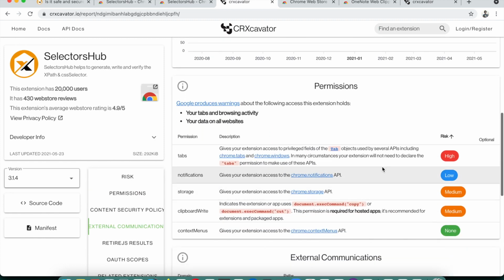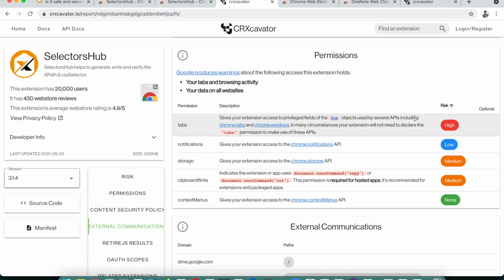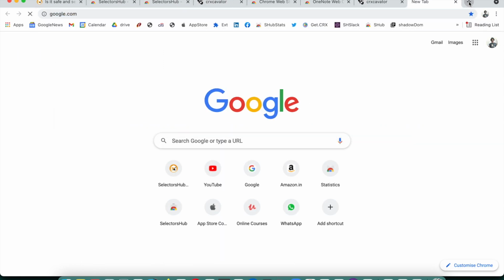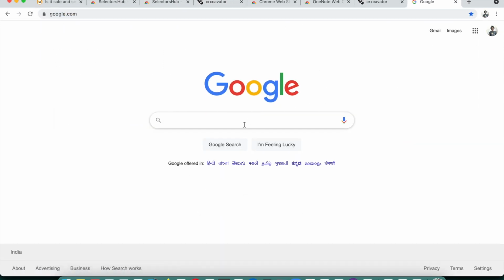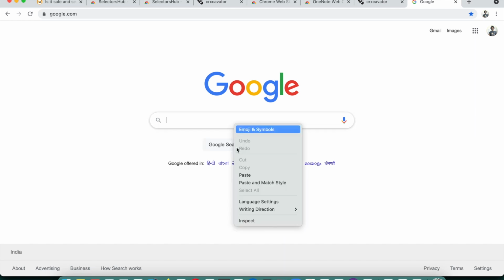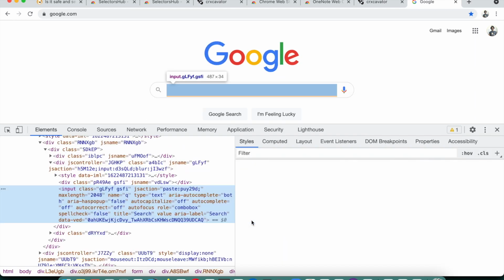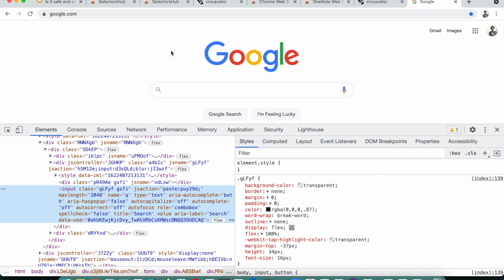Basically you have to focus on this part, permissions. What permissions are required? One is the tabs permission, which it shows as high. The tabs permission is required because this is an XPath extension, right? When you open google.com, it requires DOM access and tab access.